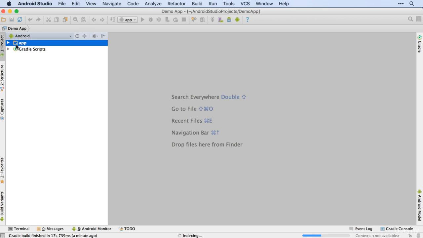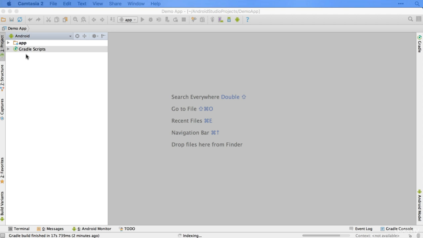the top left there. So here you can see we've got two options to choose from. The first is our app, and you can see by the little folder symbol that this is the selection of folders and files that make up our app. The second is Gradle scripts. Now, Gradle is an open source build tool, which essentially is what Android Studio uses to build your app from these folders and files. If we want to, we can add in some scripts to do some custom work in the build process. We'll be doing that later on in the course, but we don't need to do anything with Gradle scripts right